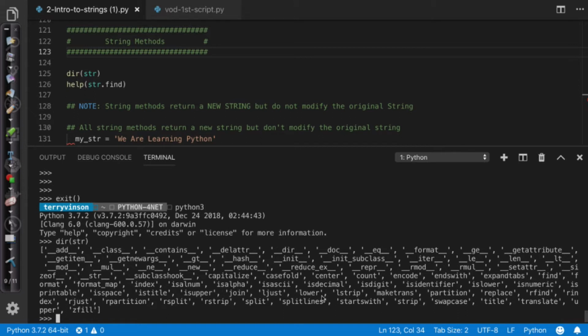So we see a number of components here as far as dir of string, but I find this to be not quite as useful. As an example, we see here I have rstrip, I have rsplit, I have rpartition, I have rjust, I have isidentifier, islower, isnumeric. And this is indeed useful, but my favorite way of doing this is to come in and